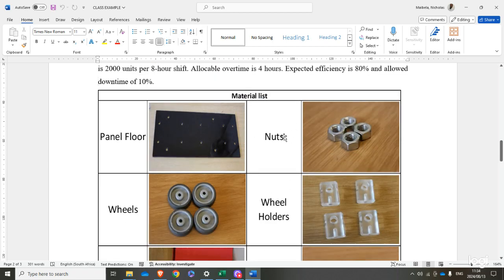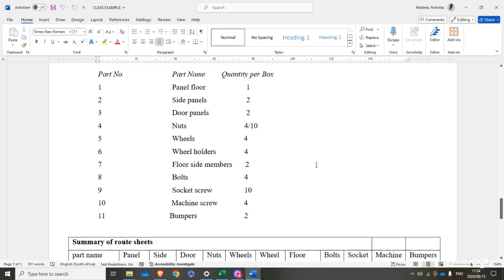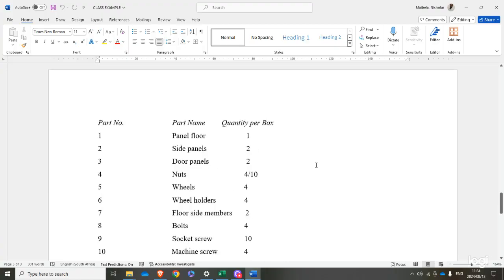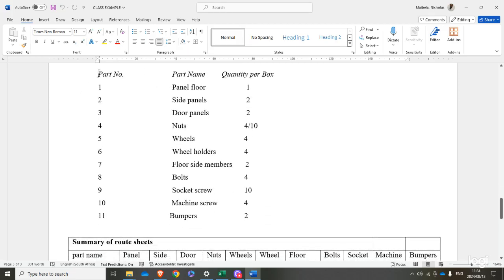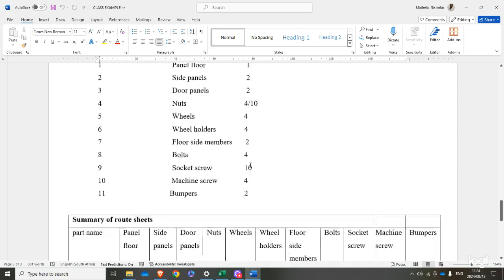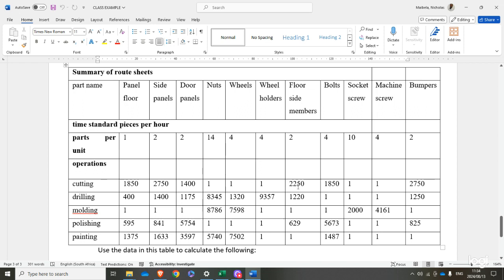I will also upload this exercise and also the lab guide, right? So in a way, the lab guide will also be answering our question as we are doing here now, right? So you have your part numbers on your root sheet, you have part numbers, part name, and then quantity per box, right? And then we have this table, which you'll always get during your test, and this table you will be performing calculations. So you'll use this table to perform calculations,